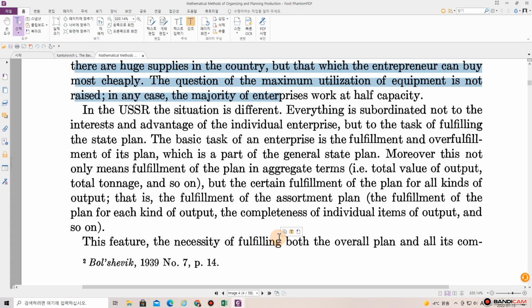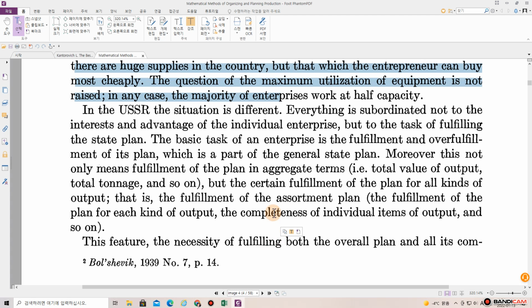Moreover, this not only means fulfillment of the plan in aggregate terms, i.e., total value of output, total tonnage, and so on, but the certain fulfillment of the plan for all kinds of output, that is, the fulfillment of the assortment plan. The fulfillment of the plan for each kind of output, the completeness of individual items of output, and